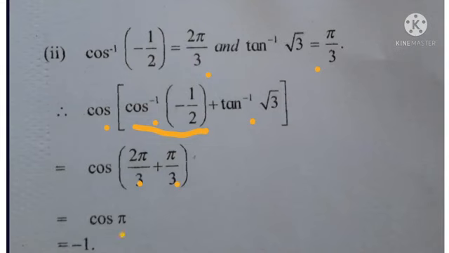So students, in this way we see how to find inverse trigonometric functions. What are the inverse trigonometric functions? Sine inverse, cos inverse, tan inverse, cosec inverse, sec inverse and cot inverse. Also we had seen some examples about finding the principal value of inverse trigonometric functions. In the next video we will see examples in exercise 3.3.